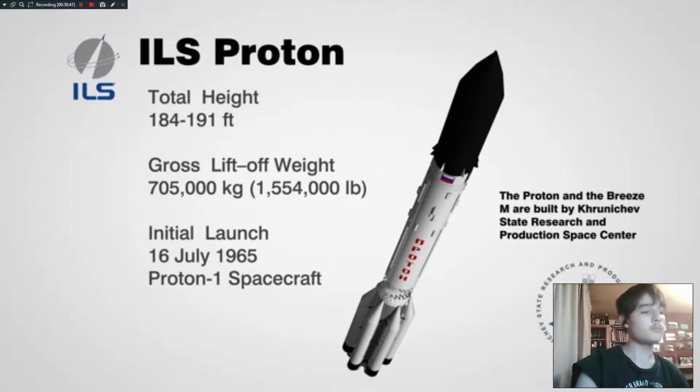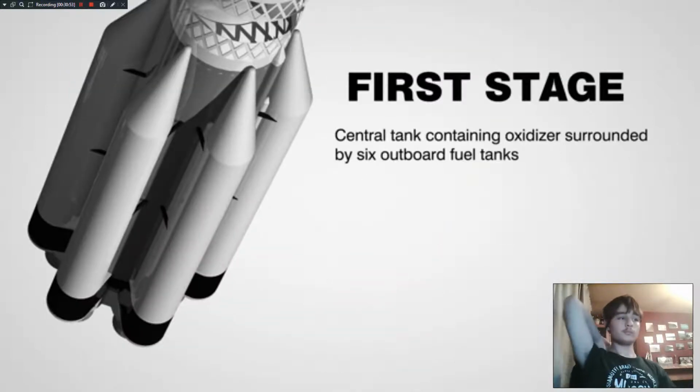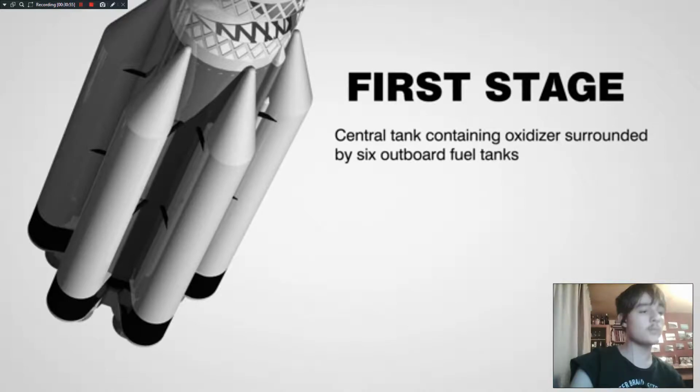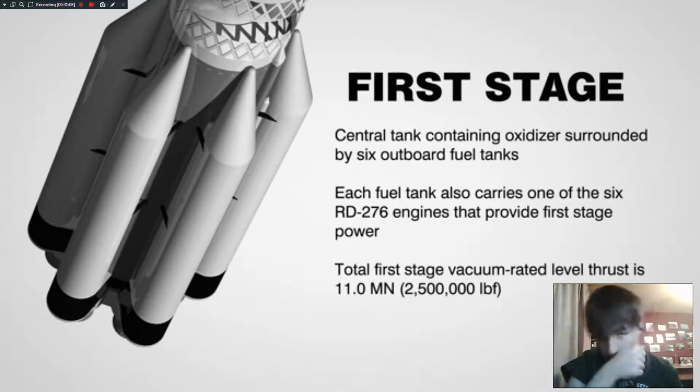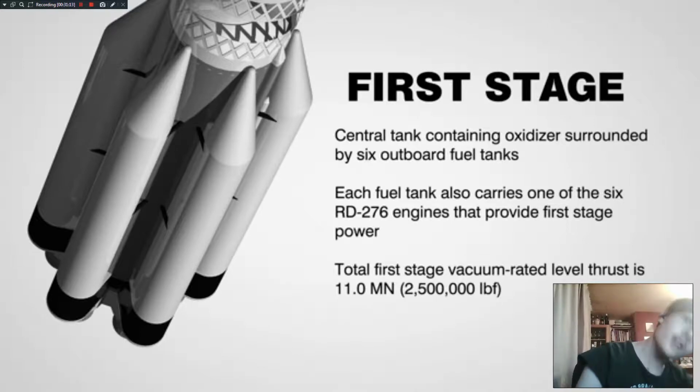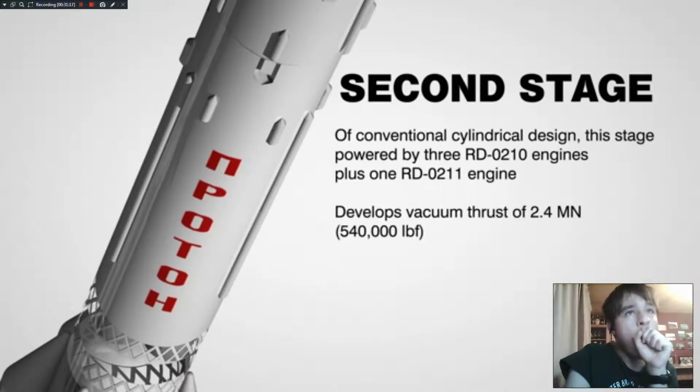If we begin our in-depth look at the Proton in a manner chronologically consistent with the launch phases, we see that the first stage consists of a central tank containing the oxidizer tank, surrounded by 6 fuel tanks. Each fuel tank also carries one of 6 RD-276 engines that provide first stage power. Total first stage vacuum-rated thrust is 11 meganewtons, or 2.5 million pounds of force. That's a lot! The second stage is a conventional cylindrical design, and it's powered by 3 RD-210 engines plus 1